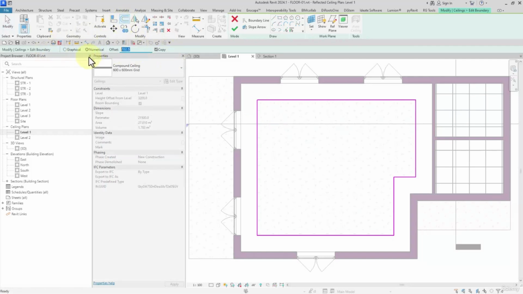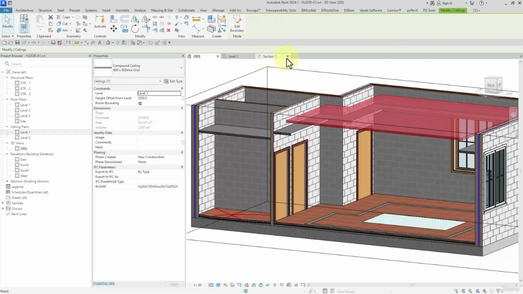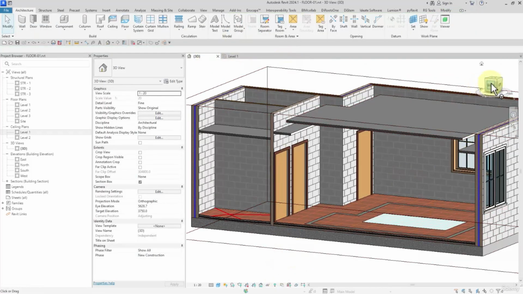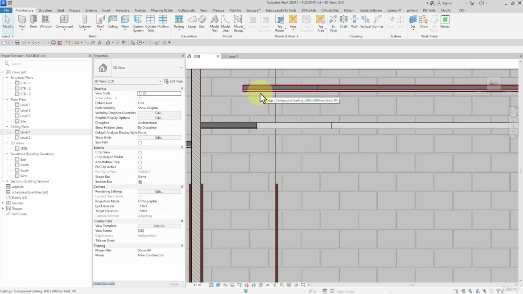However, I can click on offset, numerical 150 millimeters. I uncheck copy, I select them, then I draw the offset, and the previous one is deleted. Check it out. 15 centimeters overlapping